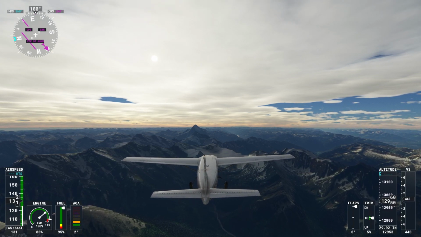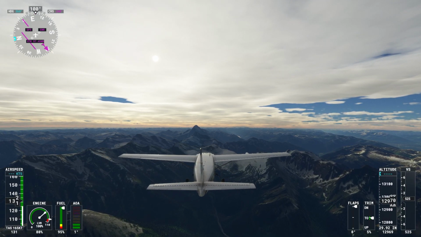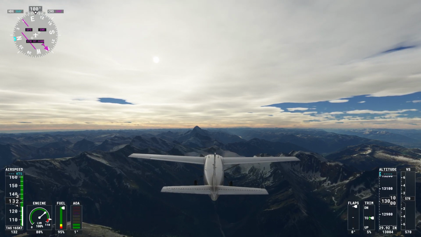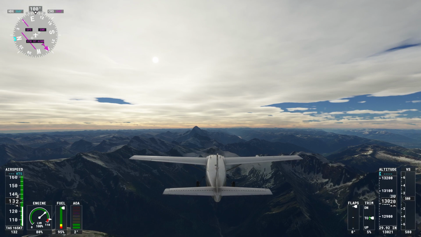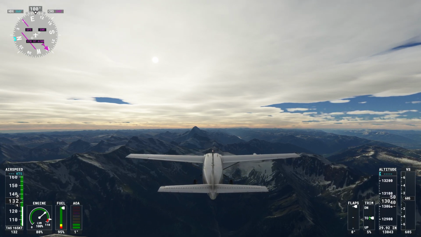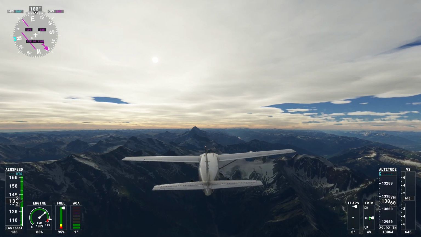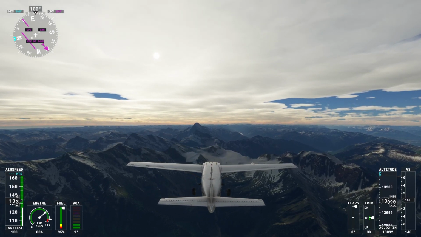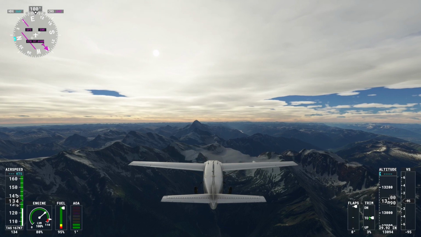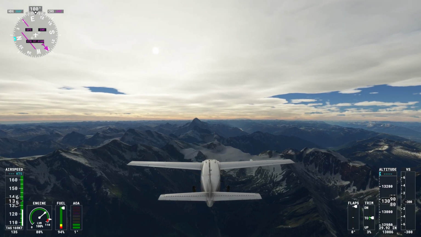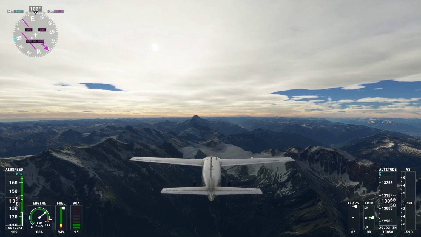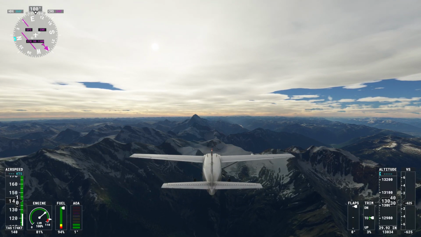If anything, I should be slightly to the left, but actually it's implying that I should be all the way over to the right at the moment. Right, let's level off at last. 13,000 feet. That should get us over Mount Robson if needs be.